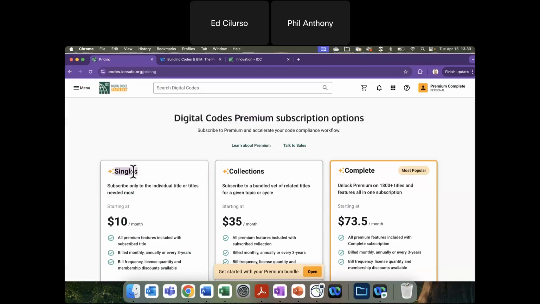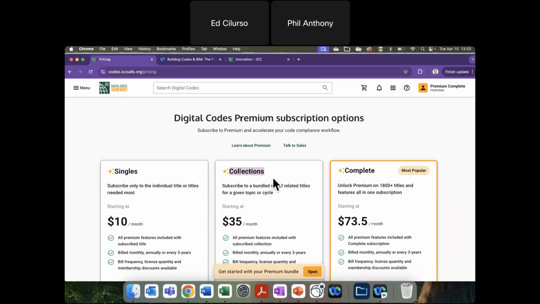And just so you know, when you order any of these titles or collections, if you get the 2024 IBC, it will include the content for 21, 18, 15, going back to, I think, 2000. When you start to add multiple singles, if you've got 5 or 6 I-Code titles, it almost always will be less expensive to get the I-Code collection license or subscription. And if you're going to be adding multiple collections, I-Codes are really popular.